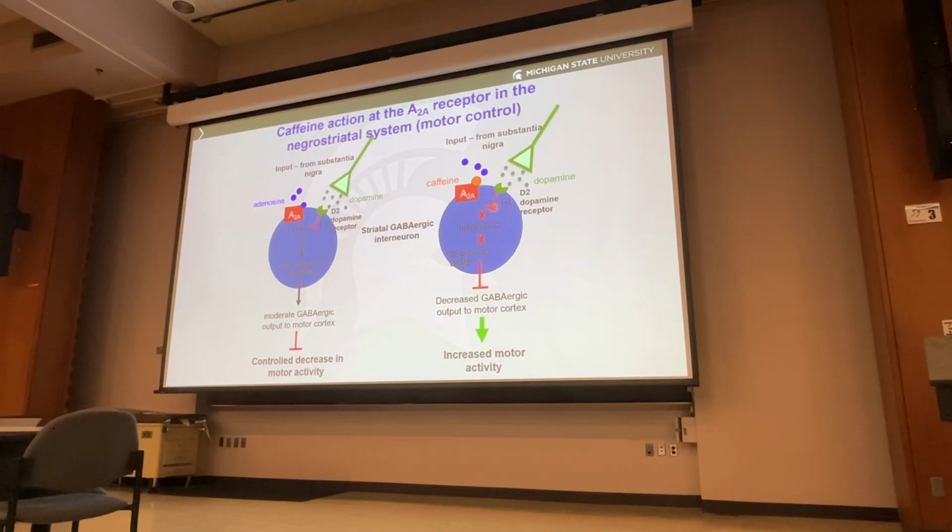G-alpha-I, so it's blocking adenylate cyclase activity. Caffeine binds to A2A. No input there. Decreased cyclic AMP, decreased GABAergic output to motor cortex, so an increased motor activity overall. Okay? How does that sound,